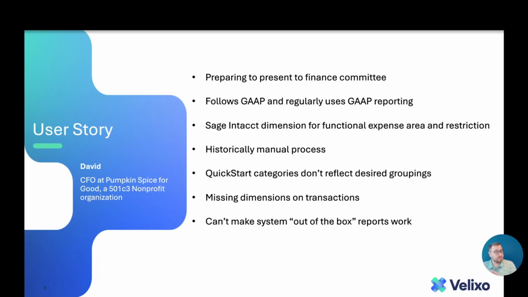as an organization. Perhaps more troubling, David's team has not been the most thorough in tagging dimensions on transactions. It's not uncommon for functional expense areas or for restrictions to be left blank some percentage of the time. Because of this, David is finding it extremely difficult to make the system's out-of-the-box reports work for them. There's just too many exceptions to manage, and he needs to figure out how to spend his time on helping with initiatives like the strategic plan for the organization, and he does not have the time trying to figure out